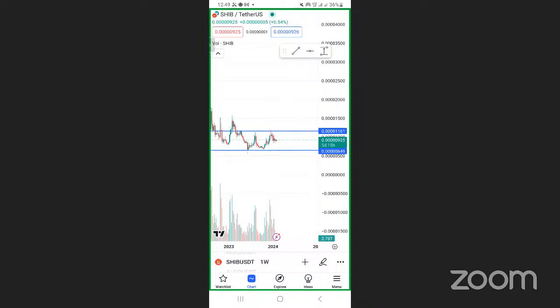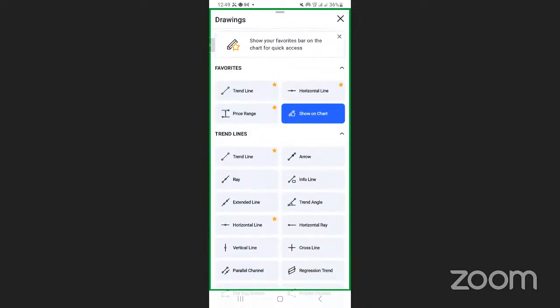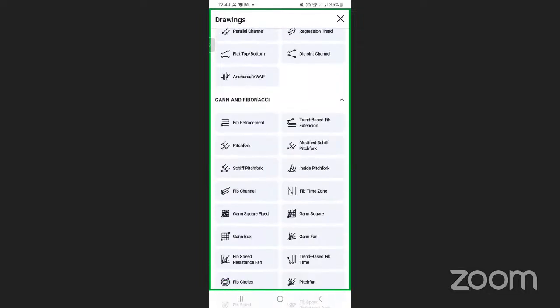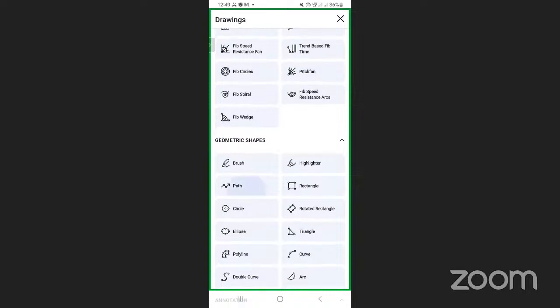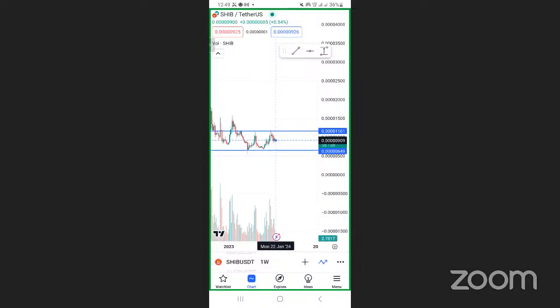breaks this range. It can either break below or it can break above. You get it? Let me see a possible scenario. Let's see if I can draw it for you with this. SHIB might change this trend. SHIB will go up here, go up, try to come back, and it's pushed up, and then it will continue going up. That is the first scenario. SHIB will go like that.